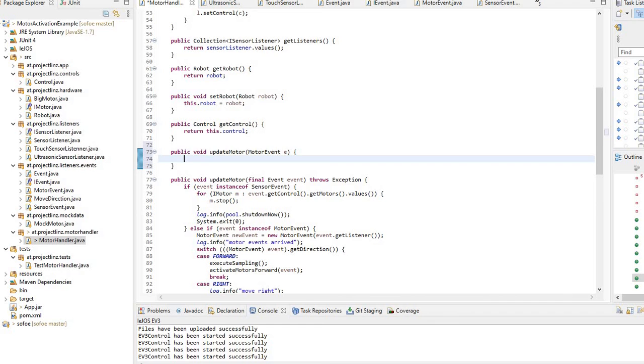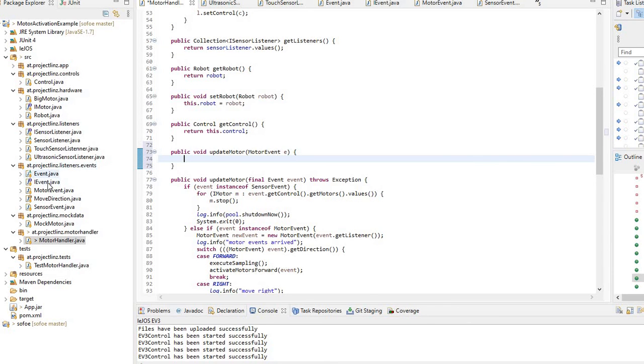Whenever I want to pass a motor event, if I don't use this functionality, defining an abstract class and then using a static type to reference the type that is coming inside the method,